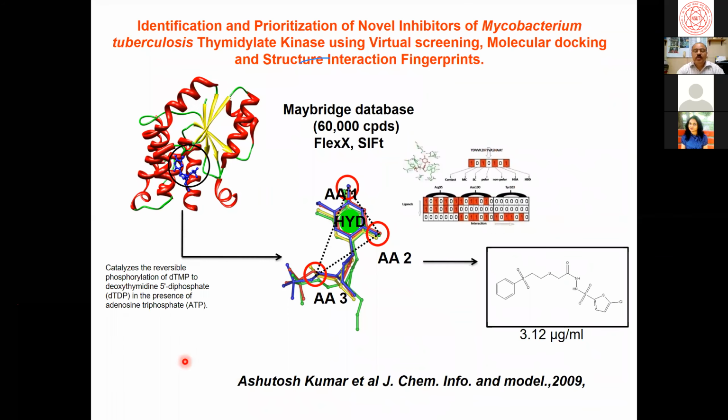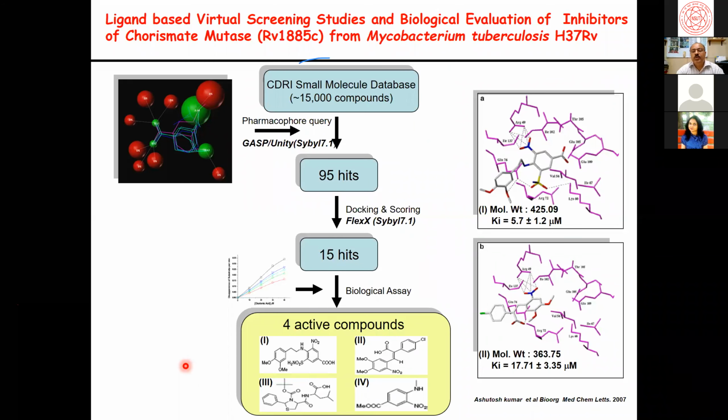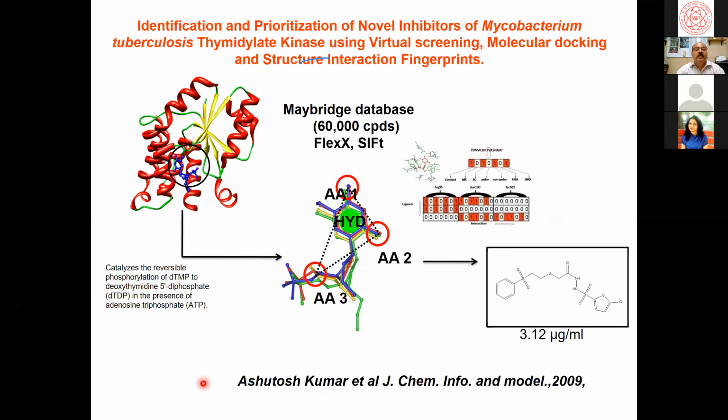Similarly, this was done by Ashutosh. He was one of my earlier PhD students. Later on, he worked on another protein called thymidylate kinase. This is an important enzyme which catalyzes the reversible phosphorylation of DTMP to deoxythymidine 5' diphosphate in the presence of ATP. So he screened a Maybridge database and also developed a unique method of